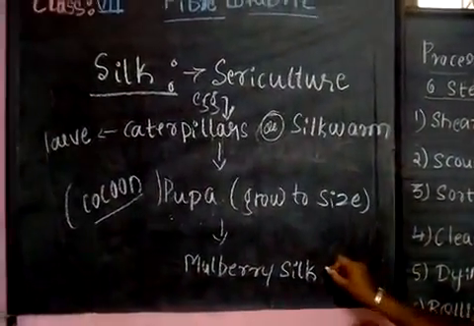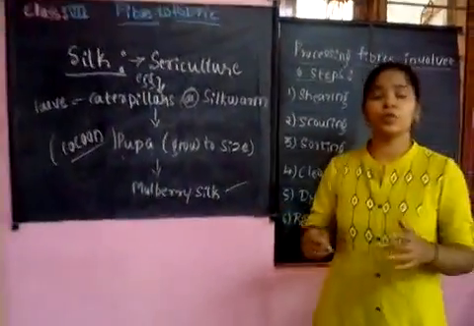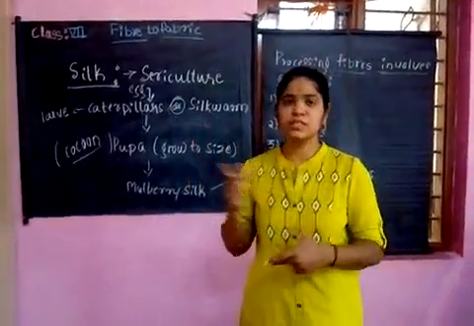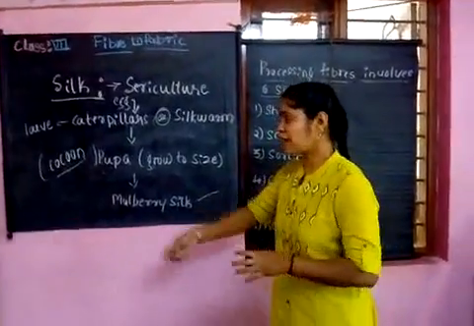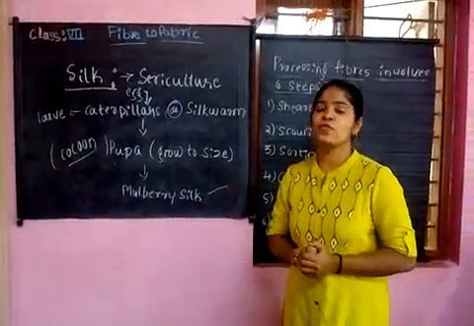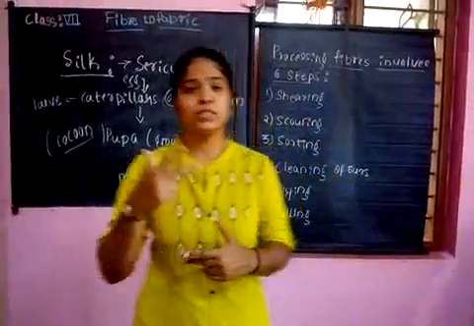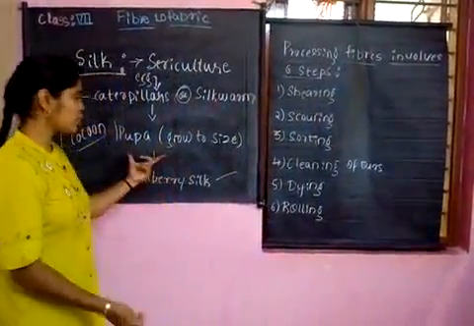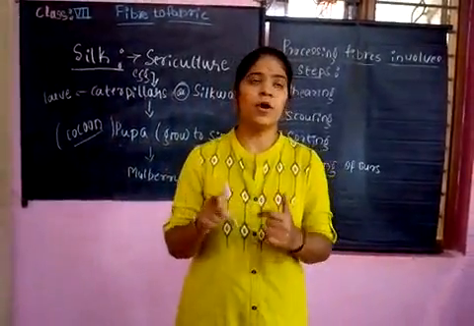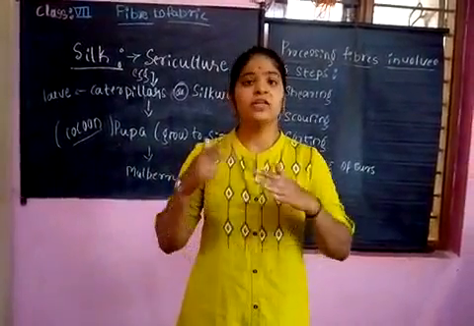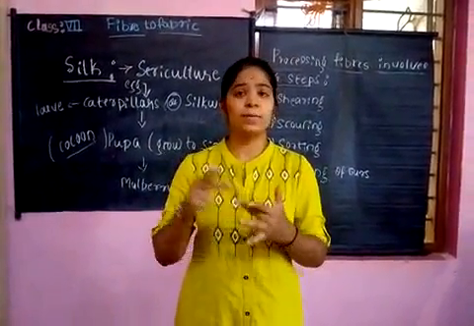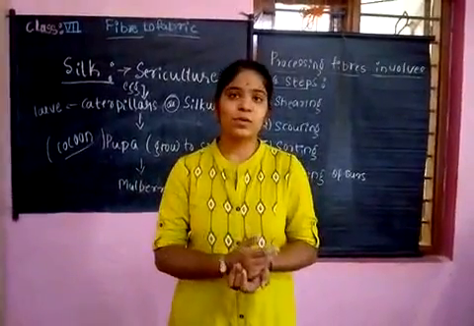Okay, this is the main silk that we observe in our country. Students, before completion of this process, I forgot to tell that in the pupa stage there is a formation of a protective layer, for what? For exposure to sun and air. So in that pupa process, the silkworm swings its head to all sides, so that it will reach a certain size, which will turn it into a silk moth.